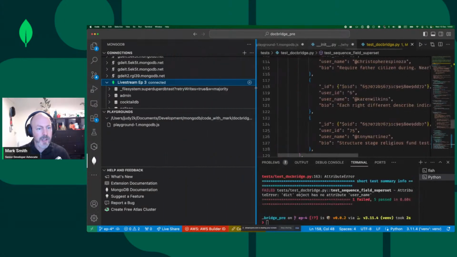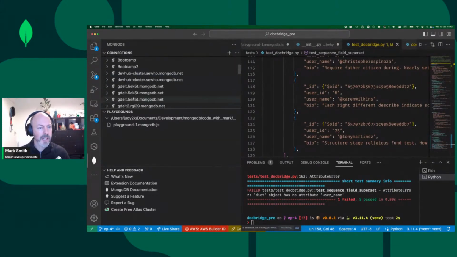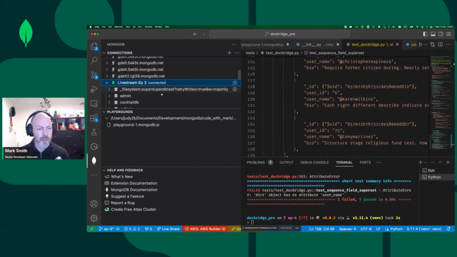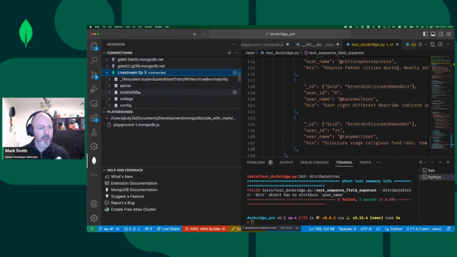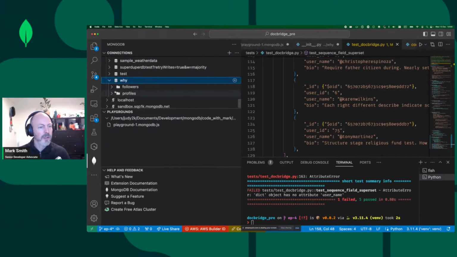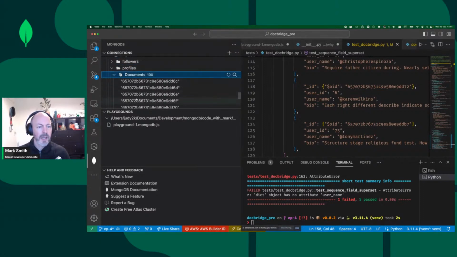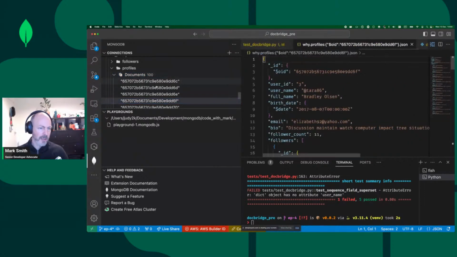The first is a way to configure database connections. So I have a database connection here I called episode 3. I used it last week, so I should rename that to episode 4. And then it shows me all the databases that I'm connected to in this cluster, and there's my Y collection. We were doing this in the web interface before, but I can easily look stuff up here. It's not the best browsing interface because we're a bit limited as to what we can show in here, but